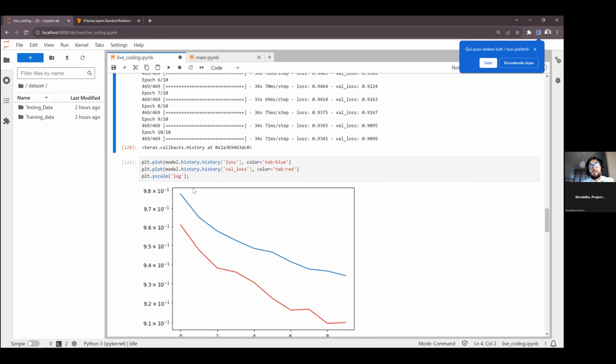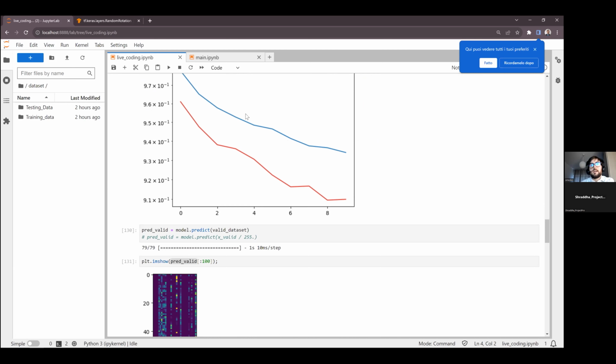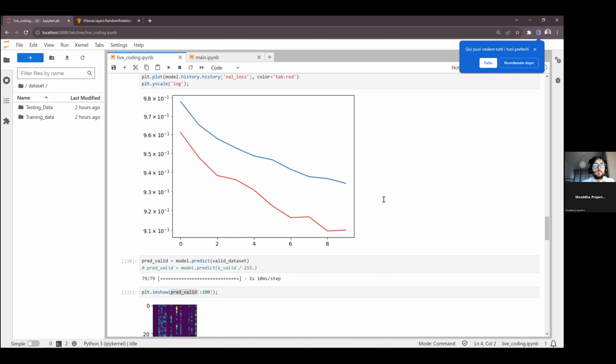Okay, you can see that before it was moving up more, now it's quite smoothly going down. But again, let's see how this compares to the previous time.